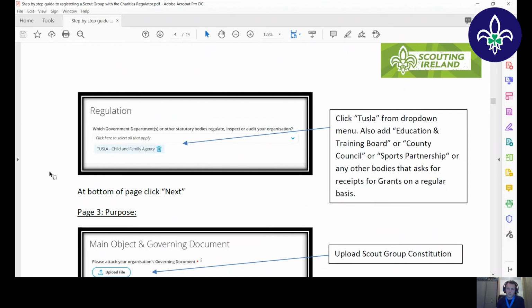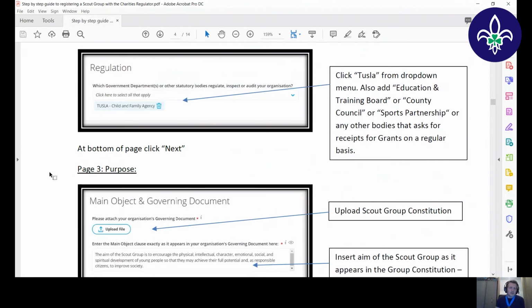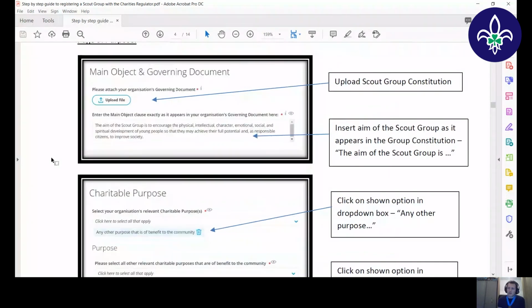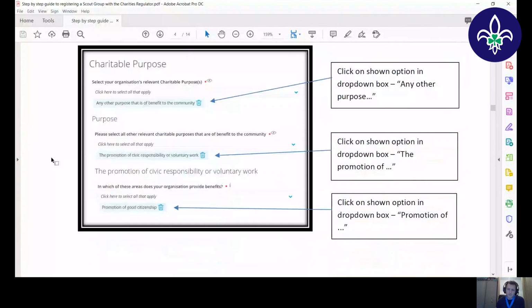So the third page is the purpose. So this is the purpose of the charity. This is where the group constitution comes in. So it asks you to upload your governing document, which is your group constitution, and then it asks you to insert the aim. So that's actually stated in the group constitution. So it's pretty much taken directly straight from the constitution, and that's the aim of the Scout group, and it outlines the